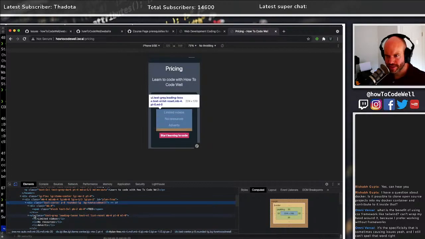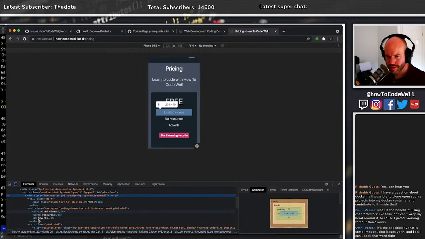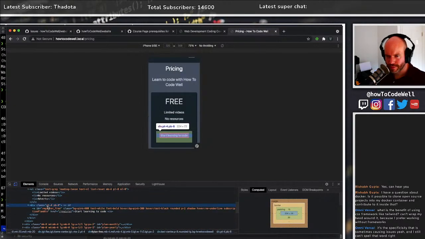That's our hideous span. You've got a margin bottom of 4, and then you've got padding of 4, margin bottom of 8. Maybe not. Surely not. Why do we have that?